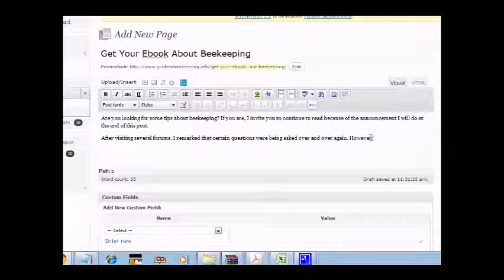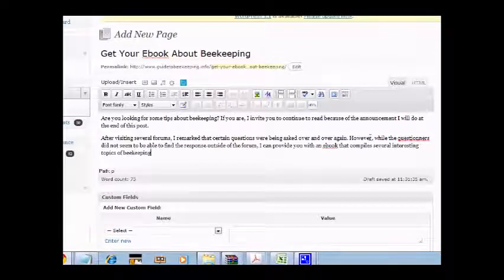However, while the questioners did not seem to be able to find the response outside of the forum, I can provide you with a book, an ebook that compiles several interesting topics of beekeeping, and perhaps you're going to list some of the topics that you have here, and then after that,